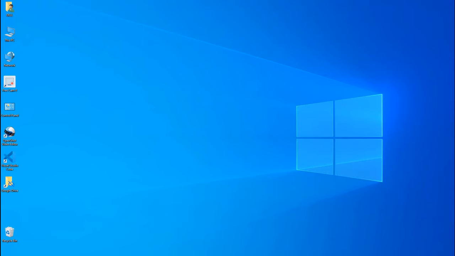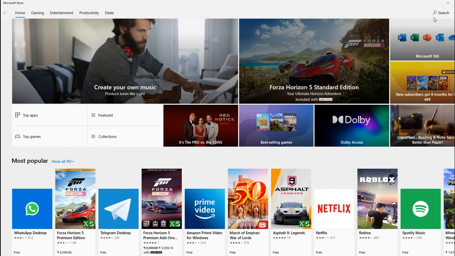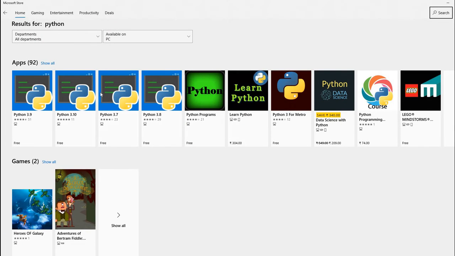For that purpose, I first installed Python. I went to the Microsoft Store and searched for Python, and you can see all these results appearing. Whatever version you want, or depending on the date you are watching this, you can see a different version. Accordingly, just download it and install it. Nothing to be done in that, simple download and install. That's all. Now we'll see how I have set up my favorite IDE, what it is, and why I am using it.